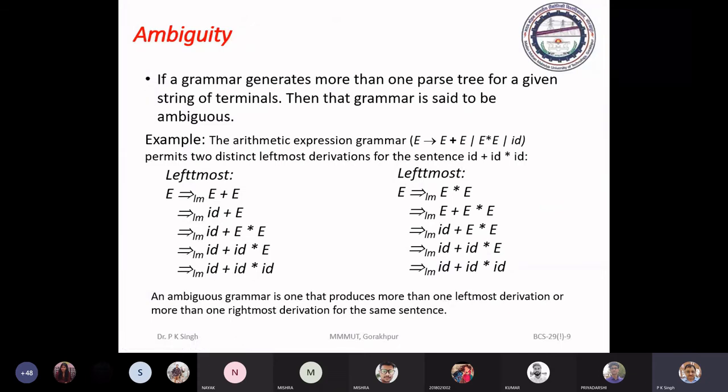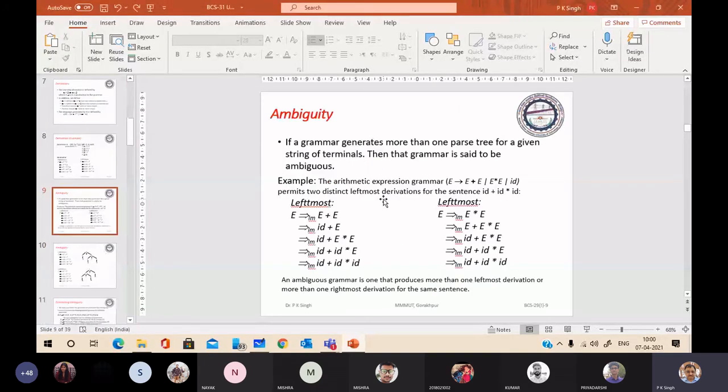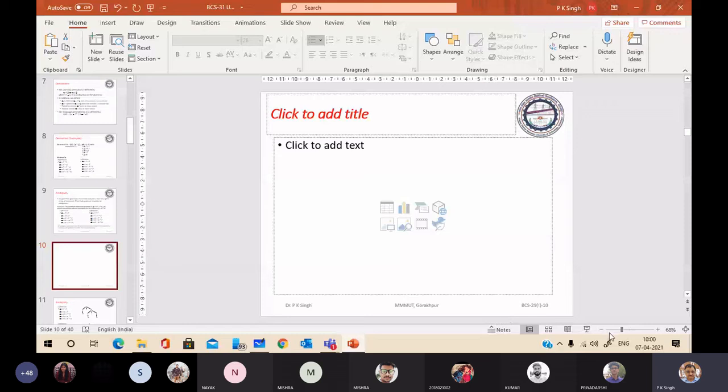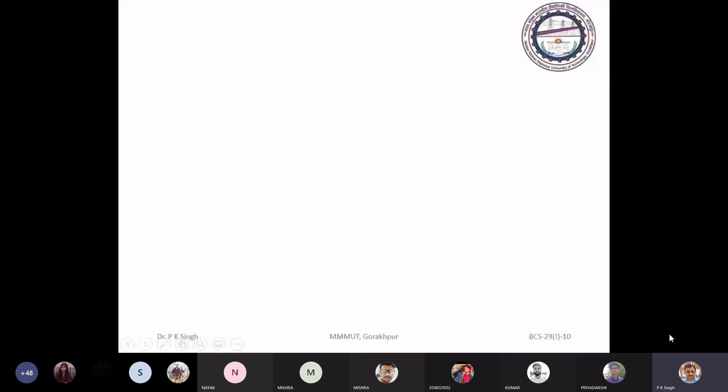Now come to the ambiguity. Just see, we will discuss ambiguity. Again consider this grammar: E to E plus E, E into E, simple ID.